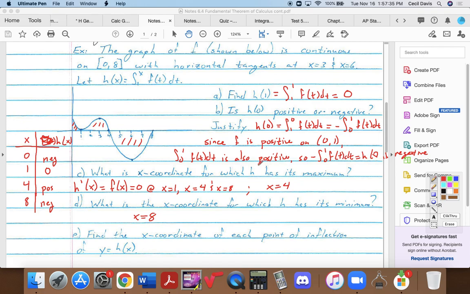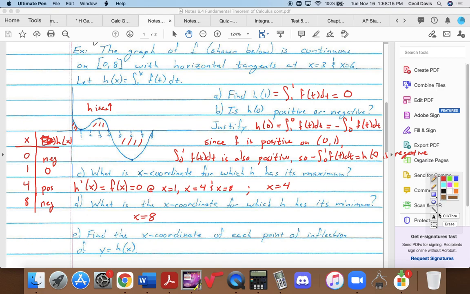concave up is on any interval where h has a derivative that is increasing, which means that h prime is just positive. So every place that h prime, which is the graph of f, is positive, means that all throughout here, h is concave up. And after here,